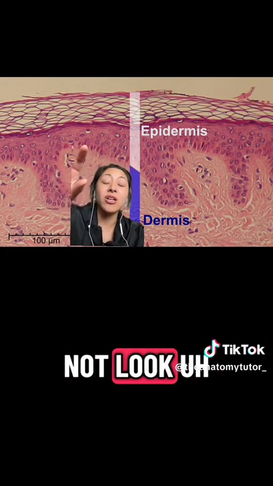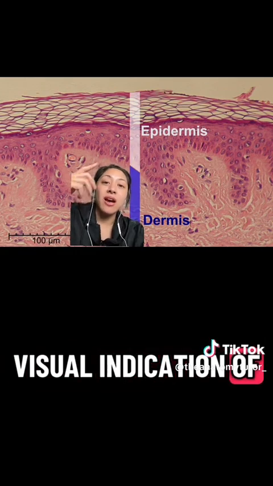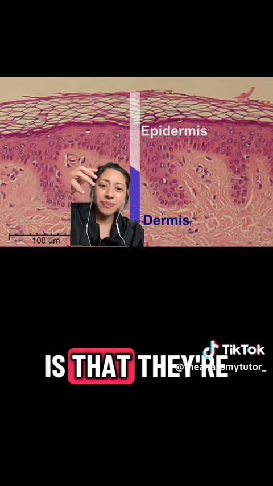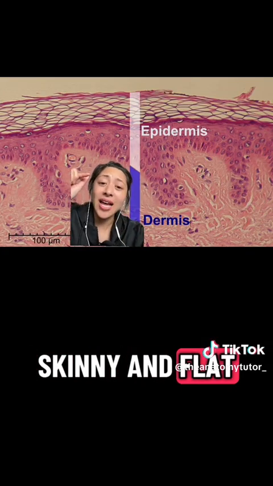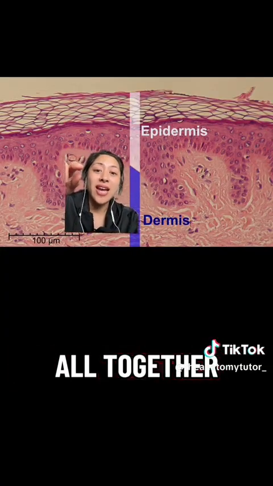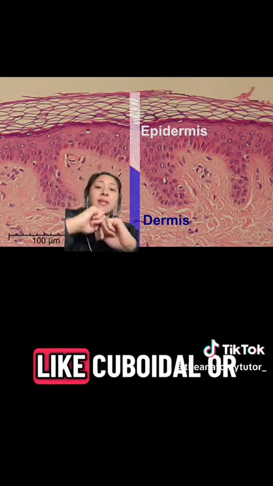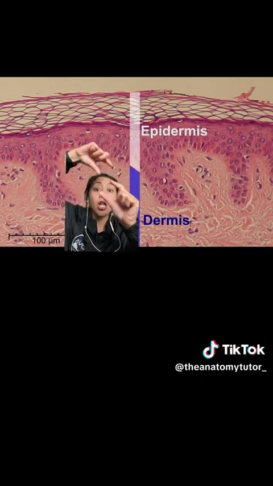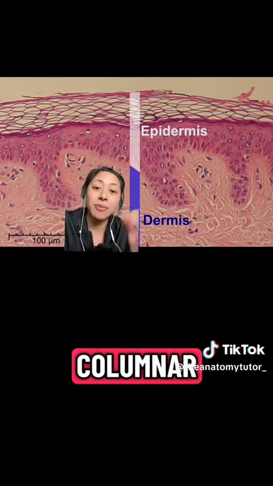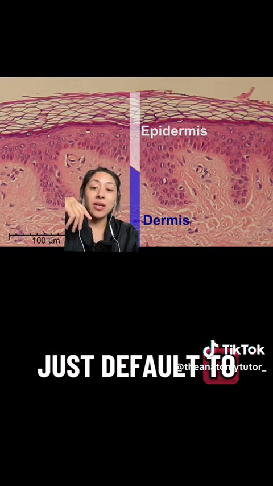They may not look flat, but a visual indication of squamous cells is that they're not always skinny and flat, maybe if they're standing by themselves, but they're squished all together, and they do not uphold a very uniform box shape like cuboidal or a uniform longer shape like columnar. So if you had a default, just default to